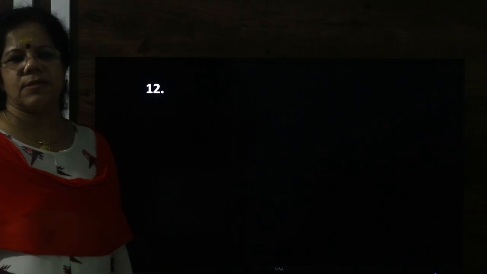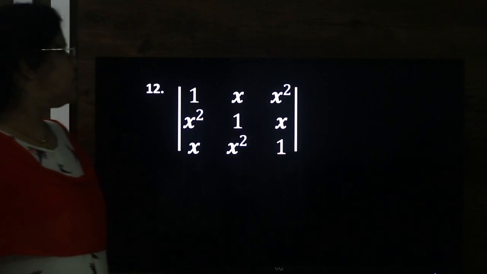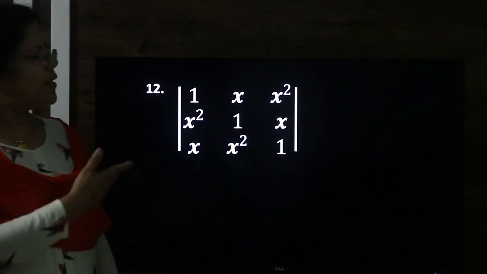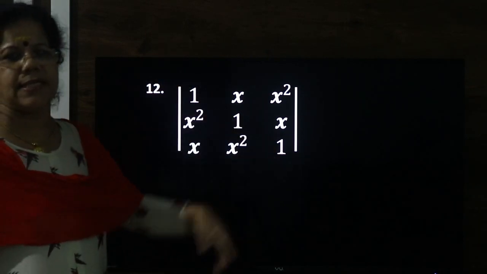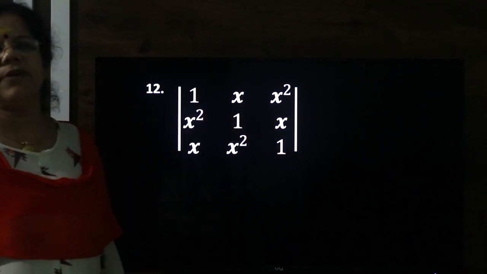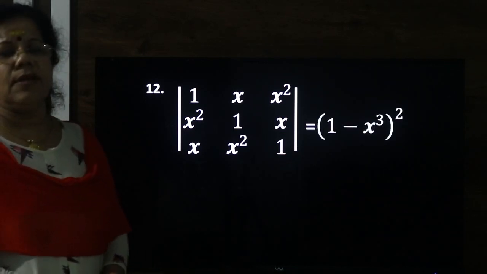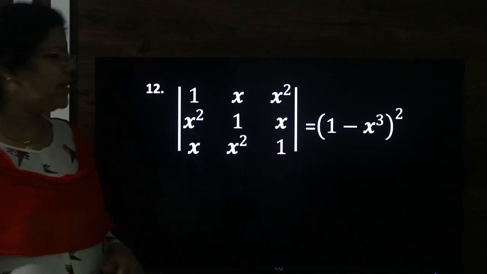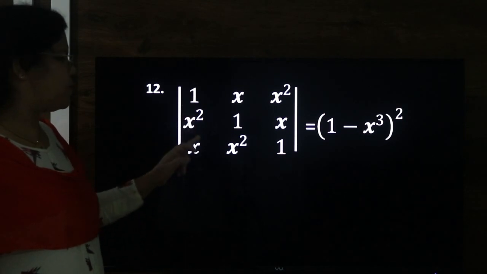Now let us see question 12. Here it is given determinant 1, x, x square, 1, x, x square, 1. Many methods, either R1 changes to R1 plus R2 plus R3, common you will get, right? You will be getting something common if you add. See what we have to prove? We have to prove it is 1 minus x cube whole square. Now what I say, suppose 1 minus x cube whole square is not given, there will be a tendency to add R1 changes to R1 plus R2 plus R3.